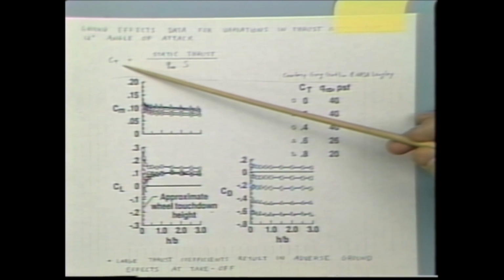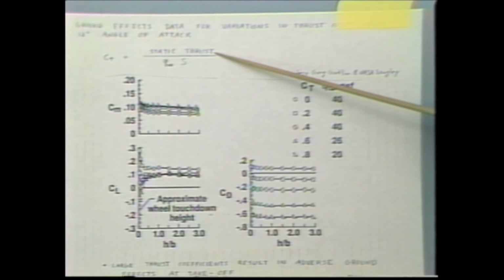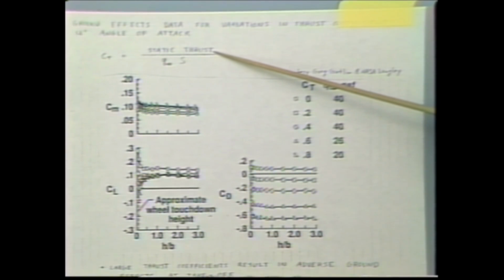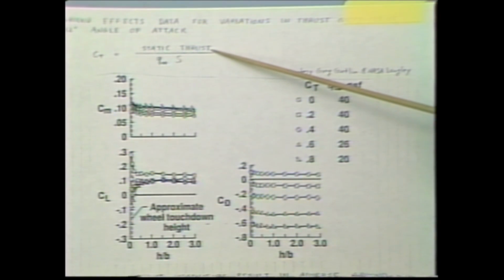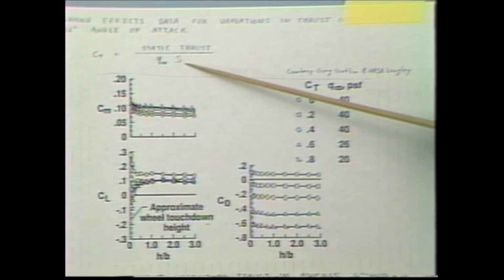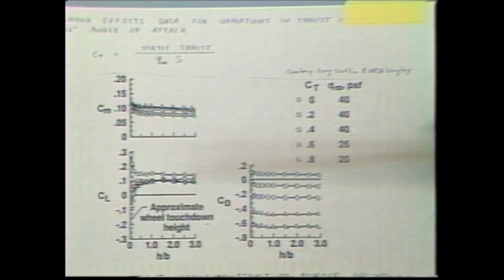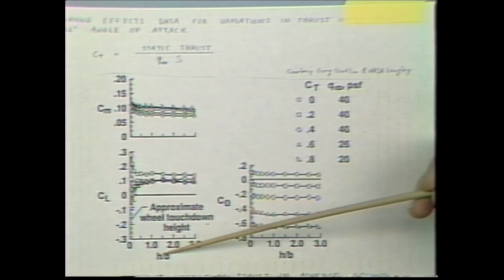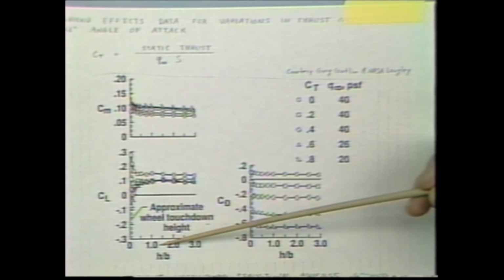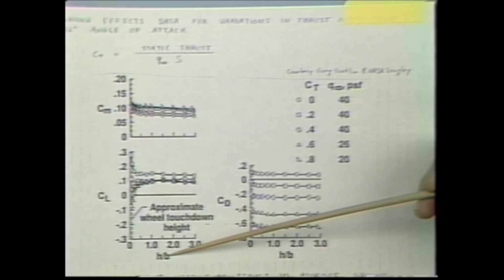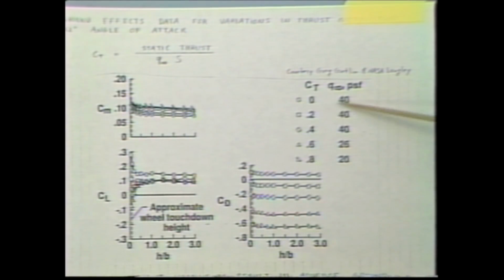Moving on to some of the data that's been gathered there. Point out this coefficient of thrust. Coefficient of thrust is defined as the static thrust, meaning the thrust of the propulsion system without any flow going around it, just sitting statically, over dynamic pressure and a reference area, here being the planform area. Plotted are moment, lift coefficient, and drag coefficient as a function of the height of the vehicle away from the floor divided by the span of the vehicle, and for different values of thrust coefficient, going from 0 up to